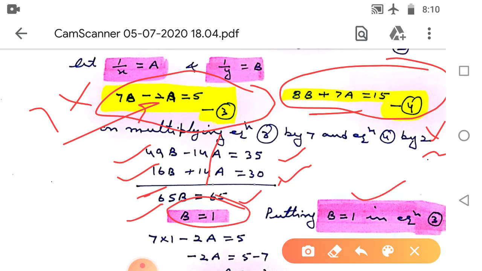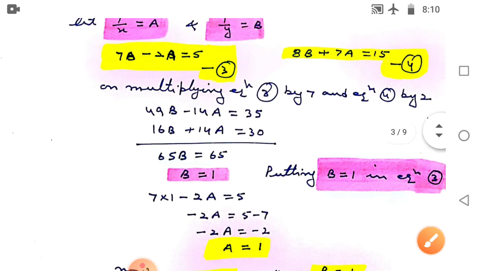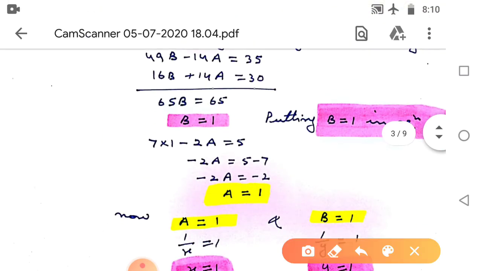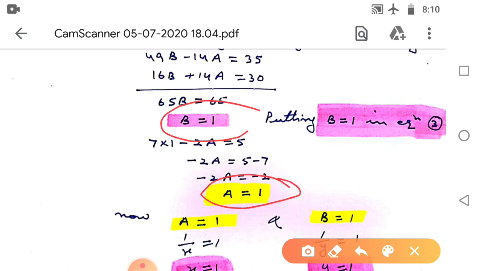Now putting the value of b in equation 3, look at this, this is equation 3. After putting the value of b in equation 3, we get 7 into 1 minus 2a is equal to 5, and the value of a is 1. The value of a is 1, and here the value of b is also 1, but